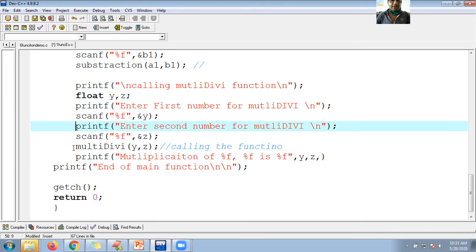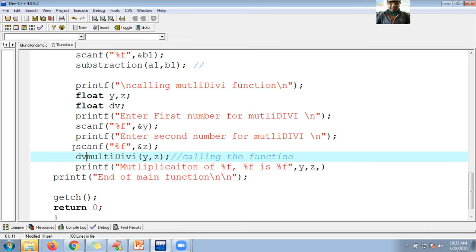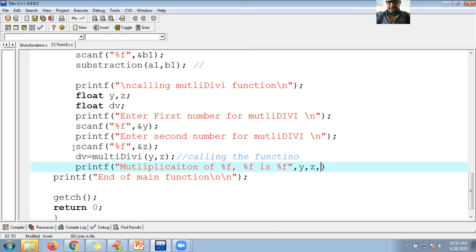So I need a variable. So I will take here d. Otherwise let me take separately. So float dv. Okay, so here is my dv, right? And here print dv, right?